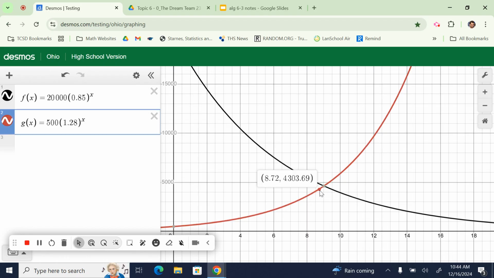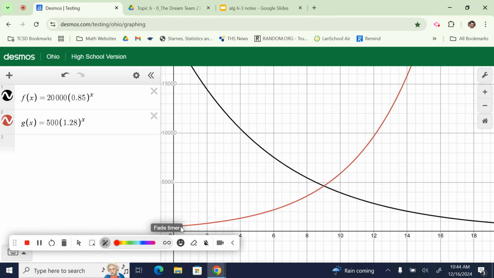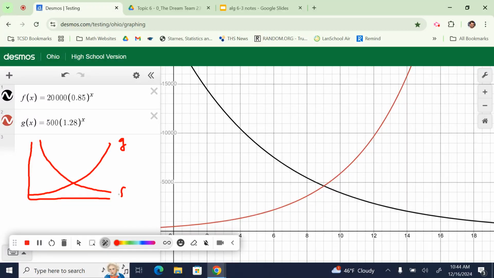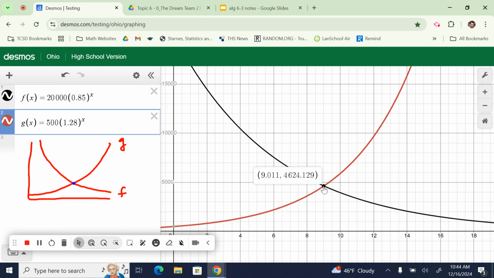So what I want you to do on your paper is sketch this graph real fast. I'm going to put an L-shaped graph here. We're going to have this graph going up like this. That is your g function, that's the maintenance. And then I want your other function to come down like this, and that is your f function, that's the value. And I want to mark this point where they intersect, and we're going to label it with its coordinates. So if you click on the graph,